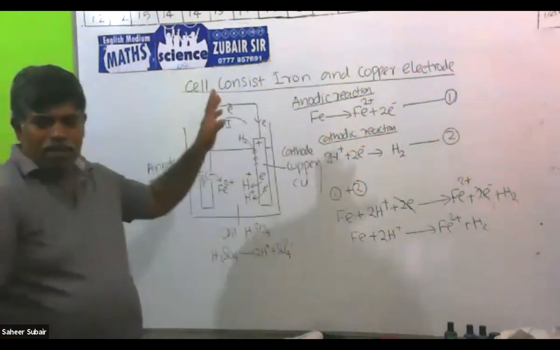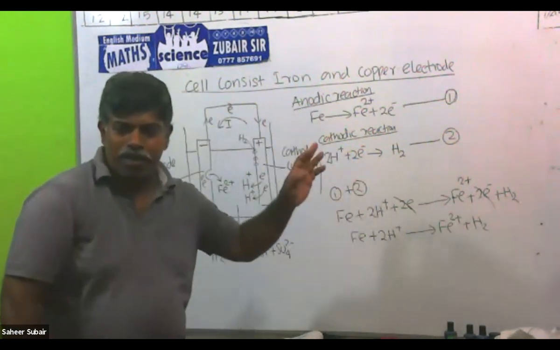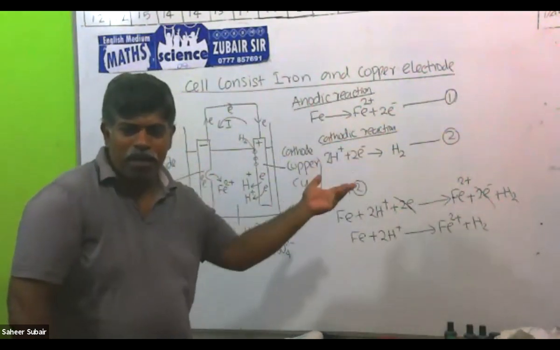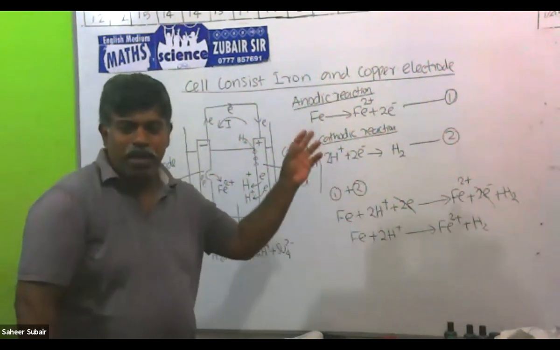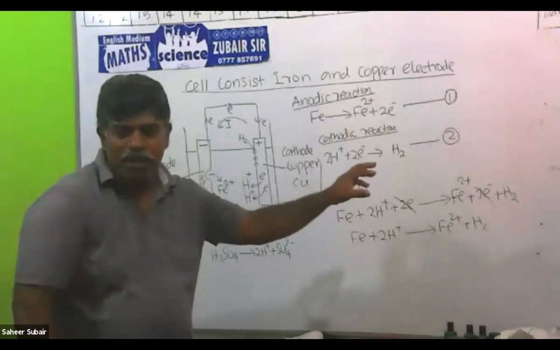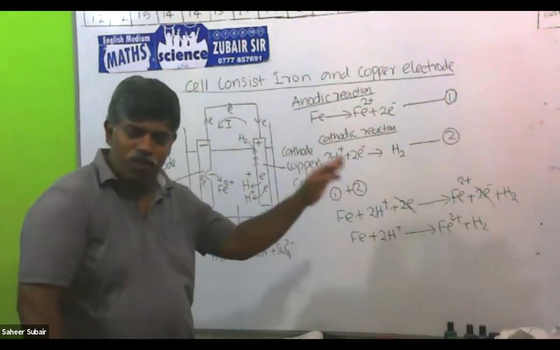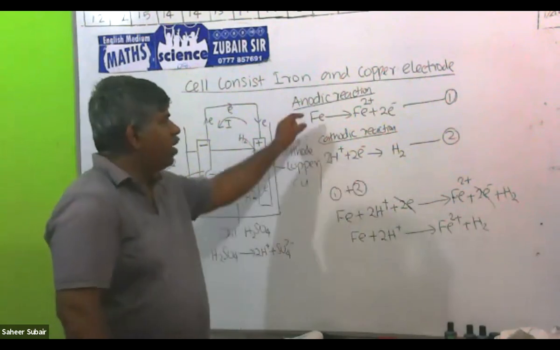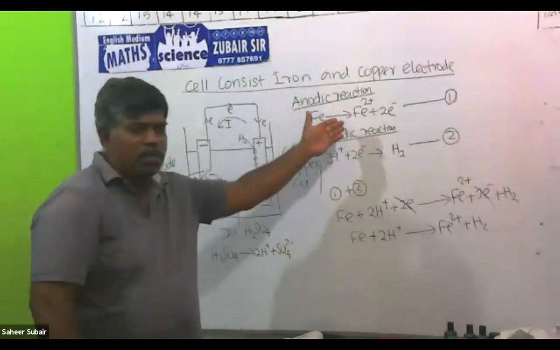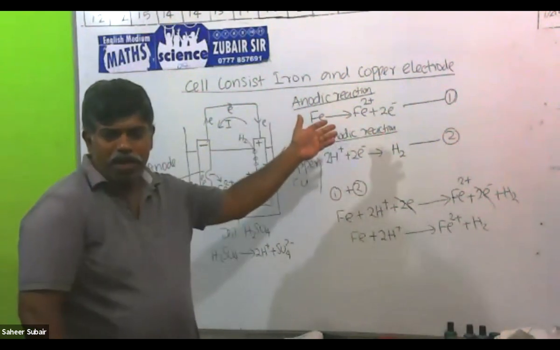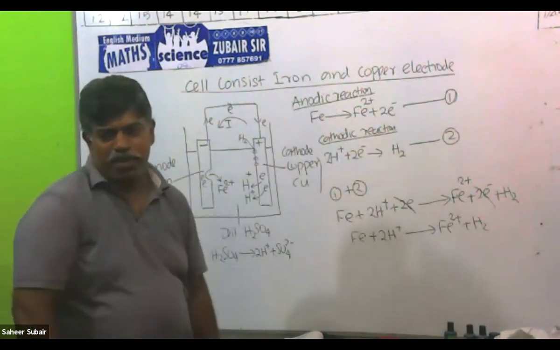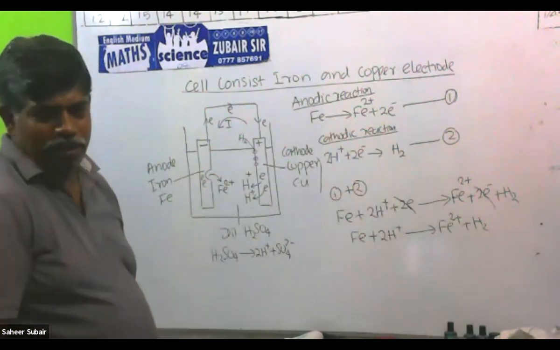Same as the earlier reaction. In the earlier one we put zinc. Zinc loses 2 electrons and becomes Zn2+. Here only the name is different. There zinc was involved, here iron is involved. There hydrogen takes the electron, here also hydrogen. Next one also same. Only the letter is changed, the process is the same. Zinc means it occurs like this, iron means iron occurs. If I put some other metal, that is what reacts and does this work. Same process, only the letter is different.